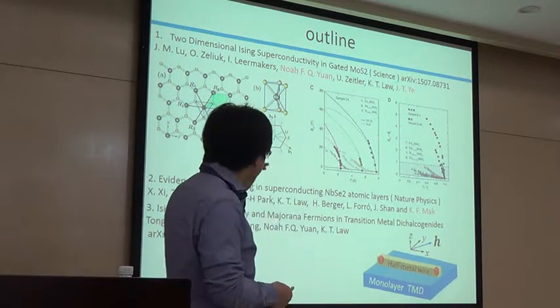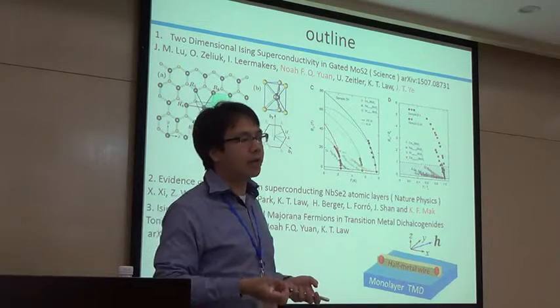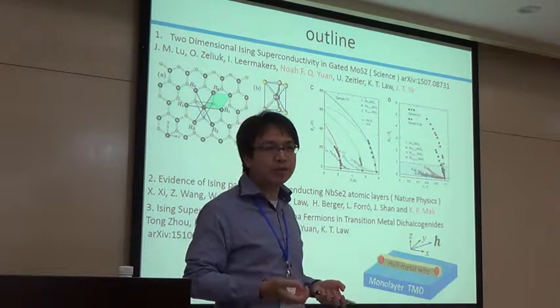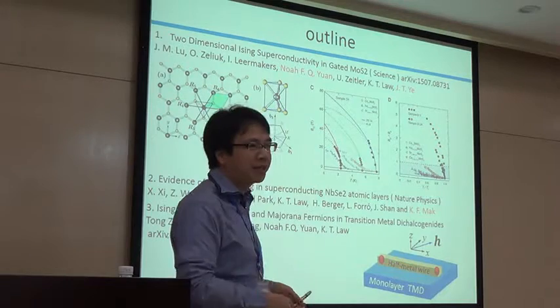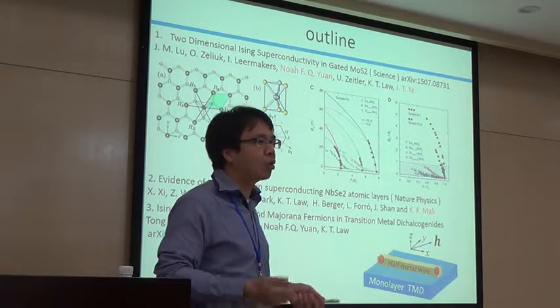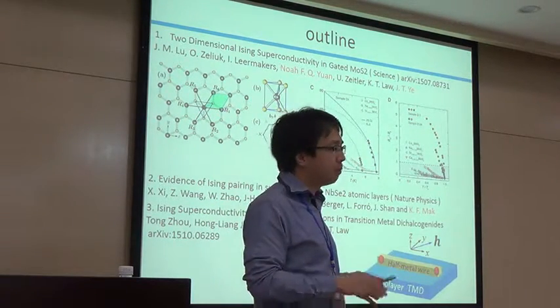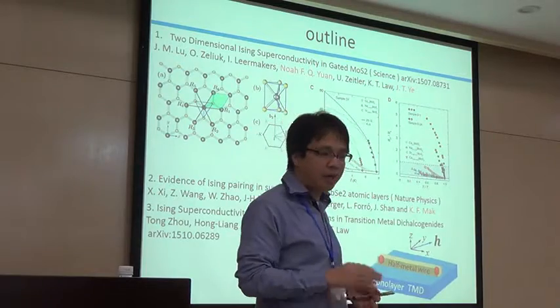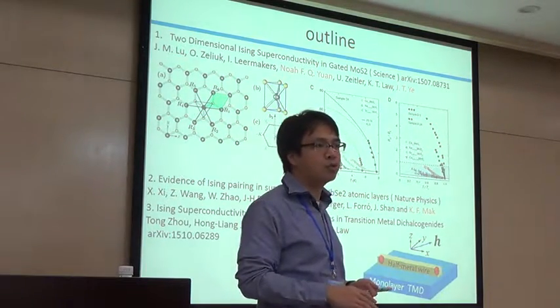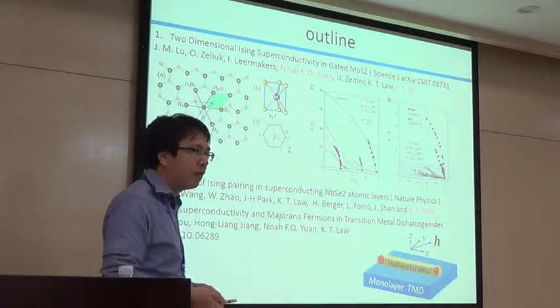Second, graphene is rather light, so the atomic spin-orbit coupling is weak. But for this material, moly can be very heavy. So in this material, you can have strong spin-orbit coupling, and this will affect the properties of this material a lot, especially the topological property, which we are going to talk about. So this spin-orbit coupling is very important.